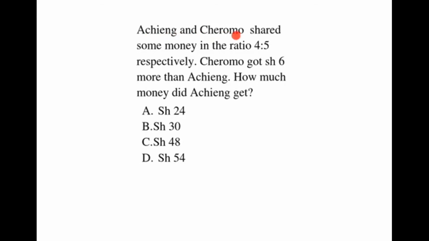Acheng and Cheromo shared some money in the ratio 4:5 respectively. Cheromo got 6 shillings more than Acheng. How much money did Acheng get? Solution: